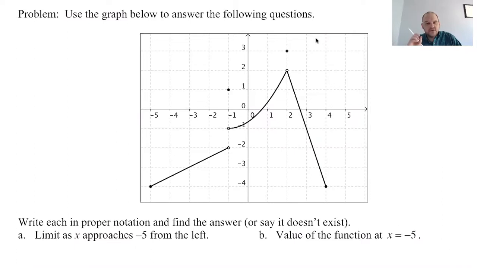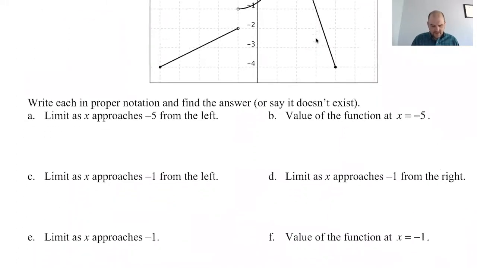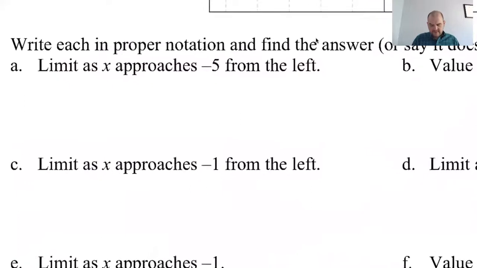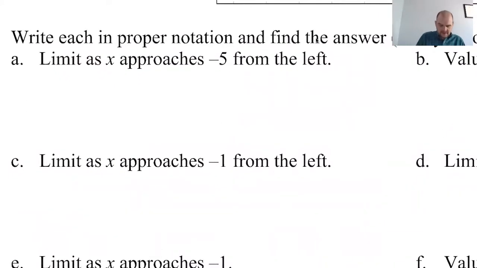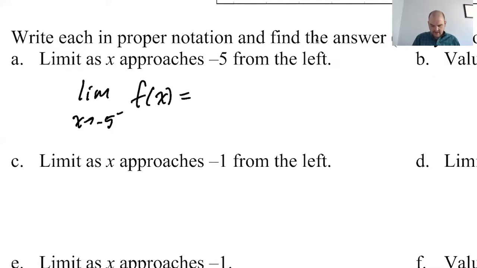So these are going to be a little different because they're a little more algebraic. The last couple things that we've done have been very visual, but it's the same idea. We're going to write some things using notation, and we're going to evaluate them as best we can. So the first thing I'm going to do is write it down with proper notation. This will be the limit as x approaches -5 from the left, with a little minus superscript, of f of x,